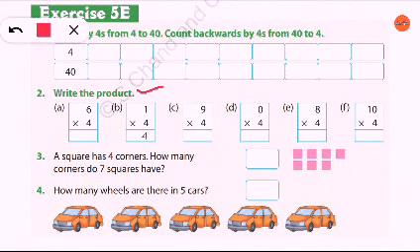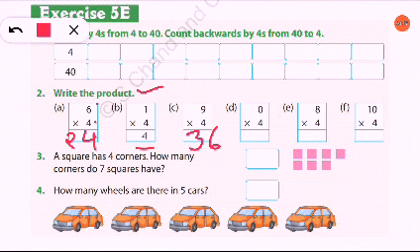See, write the product. Write the product means you have to multiply. You have to count the table of 4 for each number and write the answer. See, 4 6s are how much? 24. 4 1s are 4, it is written. 4 9s are how much? 36. 4 0s are how much? 0. We are not doing plus or minus, we are multiplying. So in multiplication, 4 0s are always 0. 4 8s are 32. 4 10s are 40. So this way you have to write the answers in these.